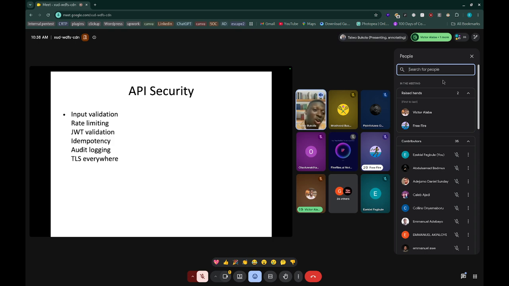If there's a breach, audit logging is where you say, okay, who made this request? At what time did they make the request? Which IP did they make it from? What was the request that was made? Those are what auditing your system gives you. So it helps you identify where the breach is coming from, and you can know what to focus on.